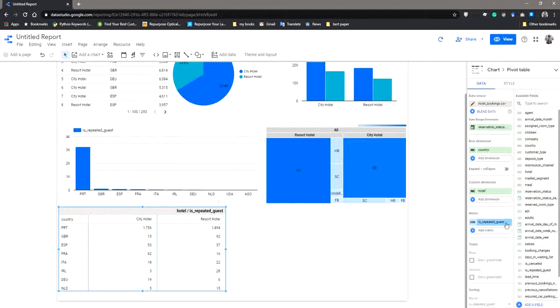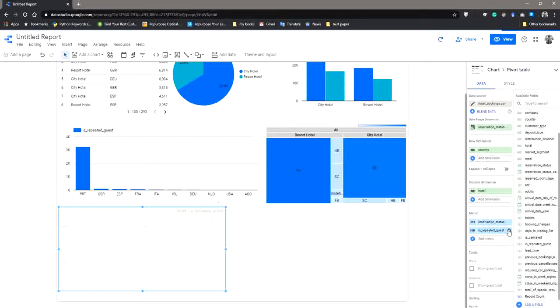So first of all we will remove this metric and select the reservation status. I'm dragging and dropping this.